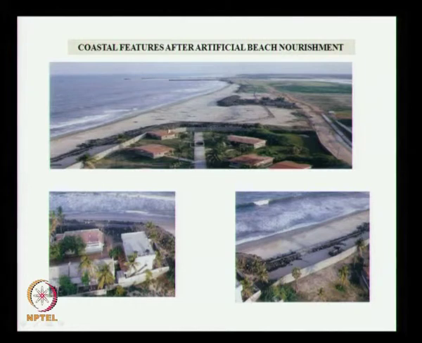So here you are seeing this photograph again. This is your south breakwater and this is your north breakwater, and between them you have a submarine tunnel. You dredge it here and then through the submarine tunnel it comes. You are able to see the pipeline here. Through the pipeline it comes and it deposits at all the places. What you are seeing here as a rubble mound seawall, it is also seen here, rubble mound seawall.